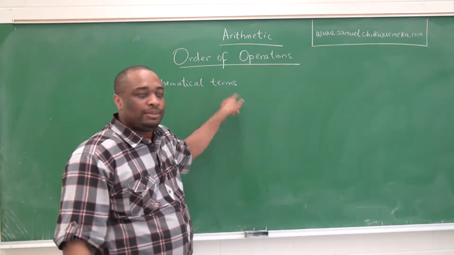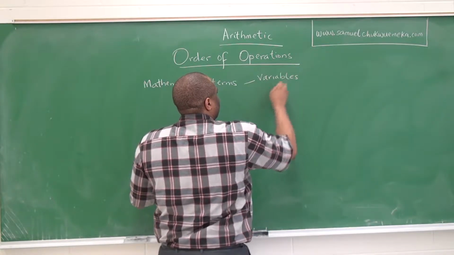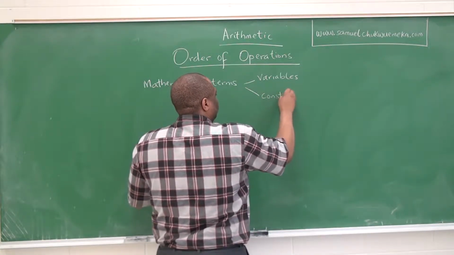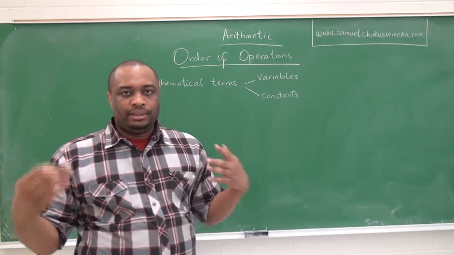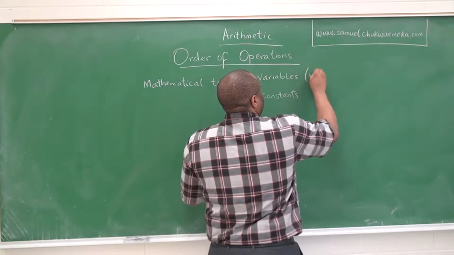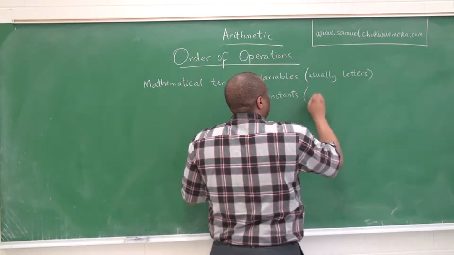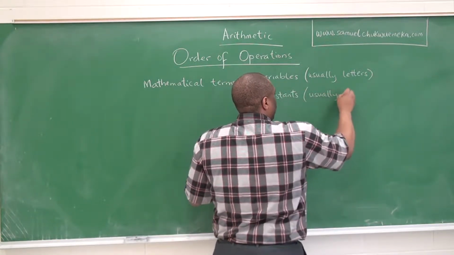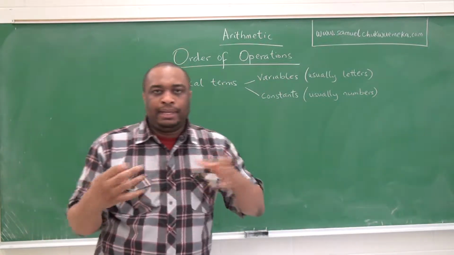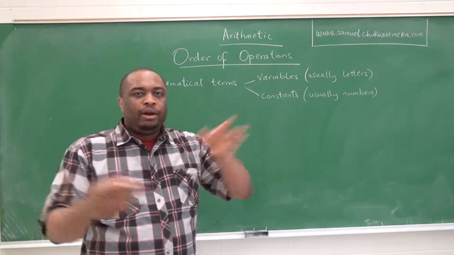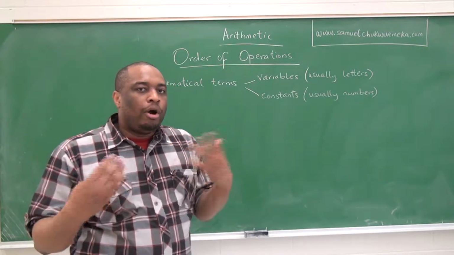Terms, this is what I mean by terms. And this could be variables, or it could be constants. Now, variables are usually alphabets, letters, okay? These are usually letters, and then constants are usually numbers. So, when you have numbers or variables, or a combination of variables and numbers that are joined together with operators,